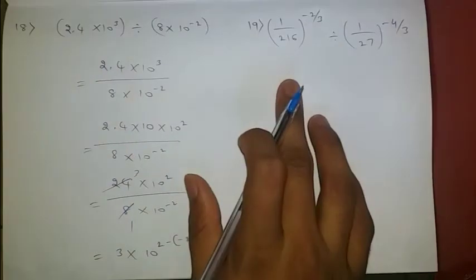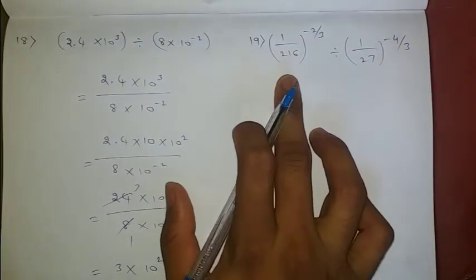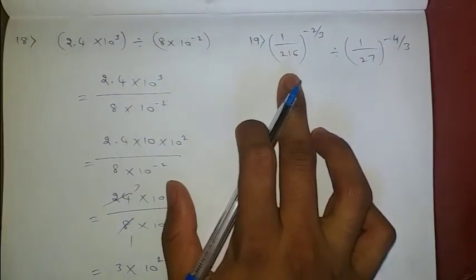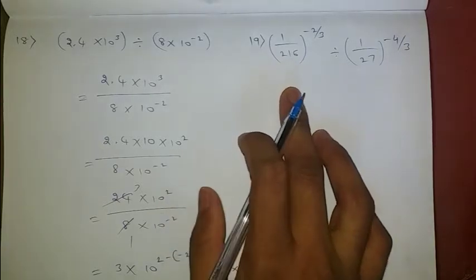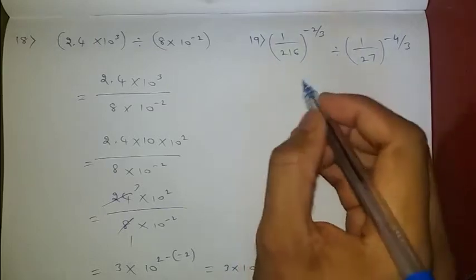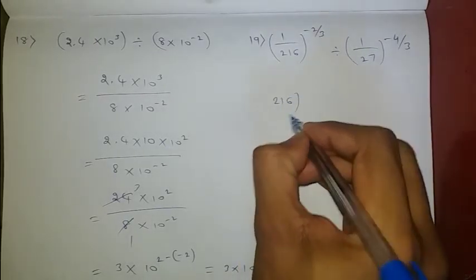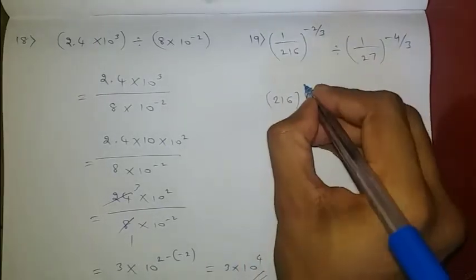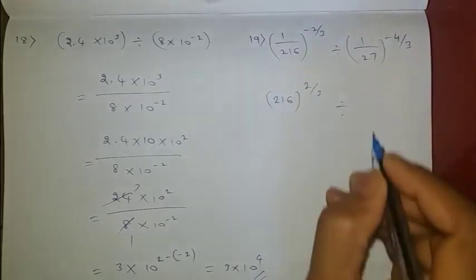Okay, next question. (1/216)^(-2/3). Here again, the power is negative, so write the reciprocal. The reciprocal of 1/216 is 216, and the power becomes positive, 2/3, divided by